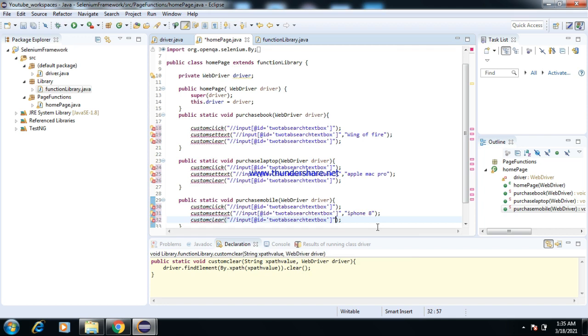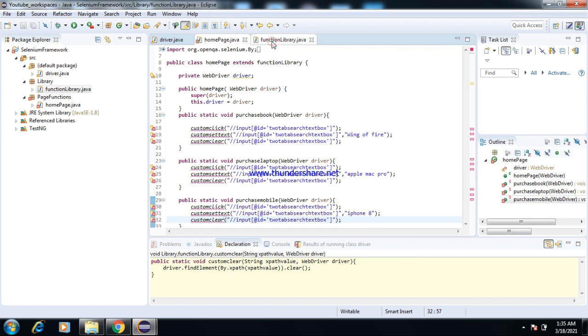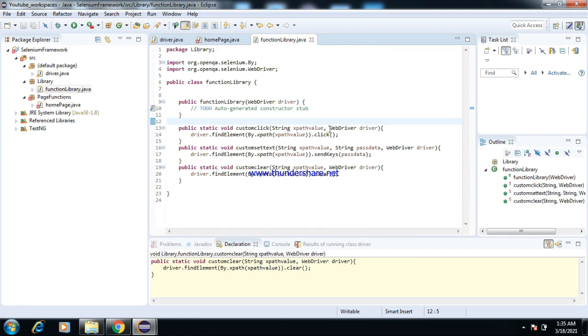Almost all have been removed from the home page class. Similarly, I have to remove from this functional library class also. Let us remove that one.